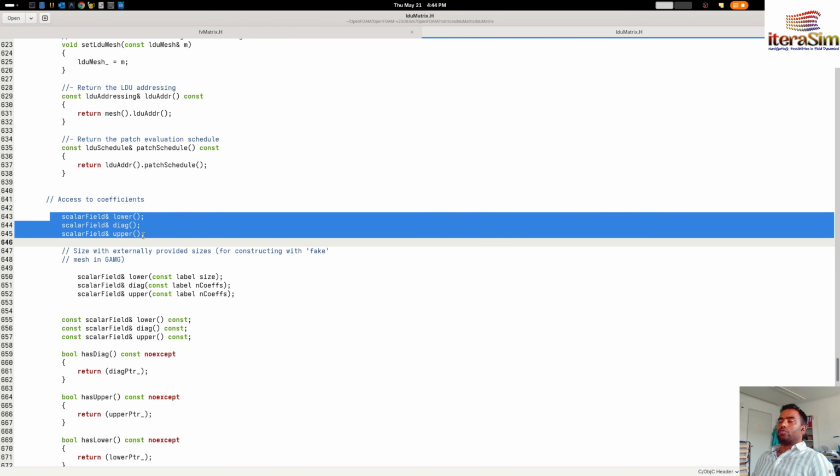So basically any kind of matrix is handled by the lduMatrix, and lduMatrix creates the database of the coefficients in the form of three functions: lower, diagonal and upper. I think you now have a better idea about the main classes related to OpenFOAM